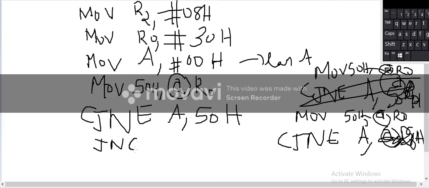JNC loop 1. I can skip and go to the next. But here carry is there. Carry is there means A is containing the smallest, and 50H is containing the largest. So you have to transfer from